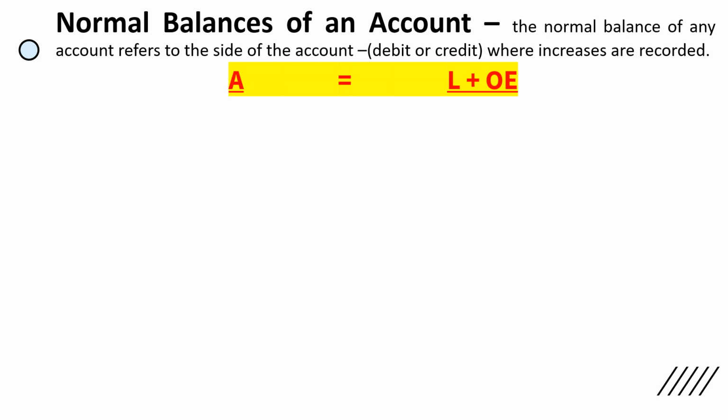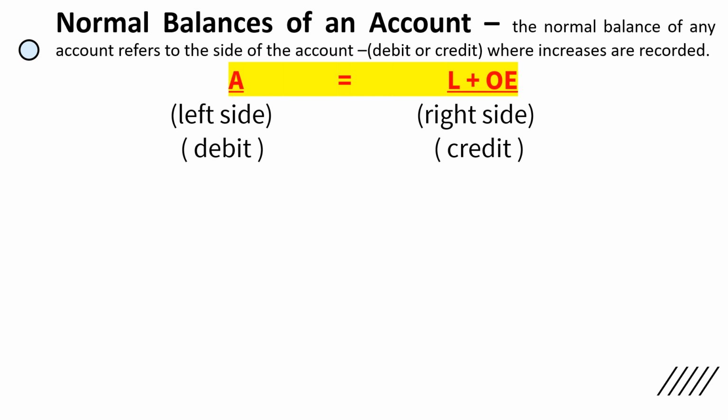So to have a guide on our normal balance, we can refer to the basic accounting equation, which is assets is equal to liabilities plus owner's equity. So assets here on the left side and the liabilities and owner's equity on the right side. So assets normal balances are debit, while liabilities and owner's equity are on the credit side. So to analyze it,